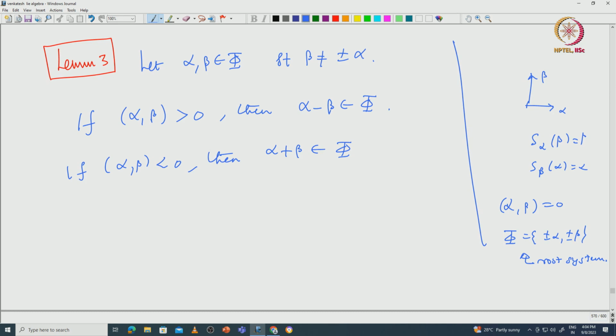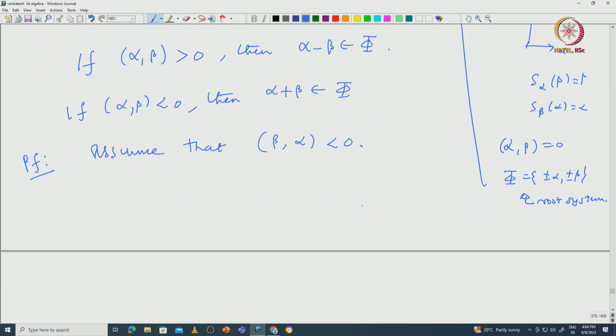Here is the proof. We will just prove the second statement. The first statement will be similar, by replacing beta with minus beta. We take the inner product of alpha and beta to be less than 0. So, assume that the inner product of alpha and beta is less than 0. Then in this case we look at the